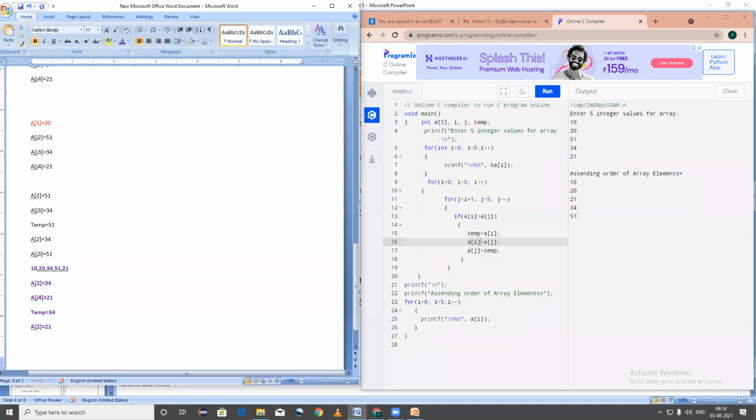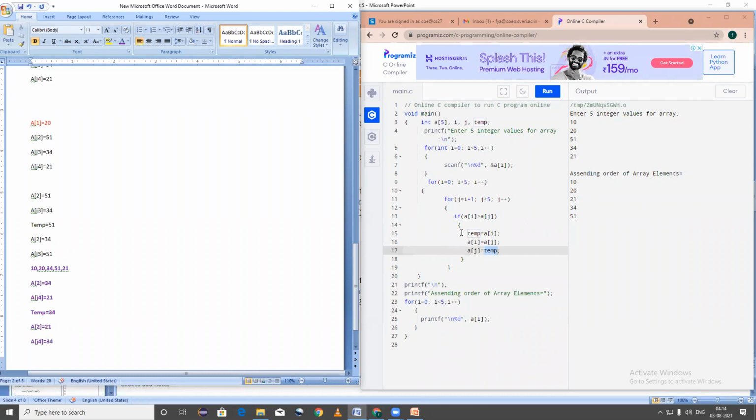Okay, now next is a of j4. What is the value of a of j4 here? For a of j4 I am going to pass the value of the temporary variable. So what is the value of the temporary variable? 34.